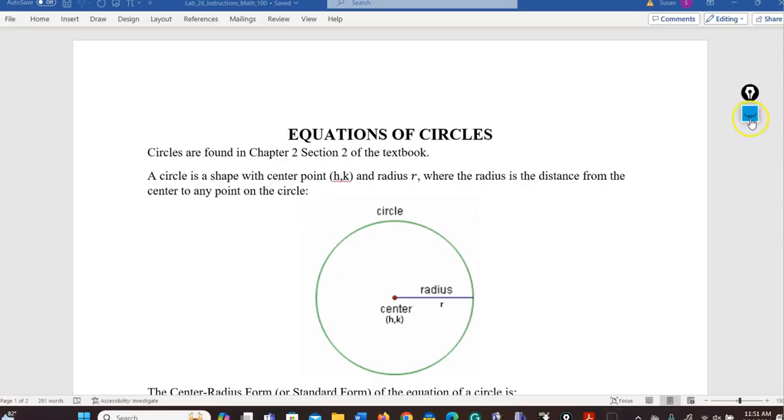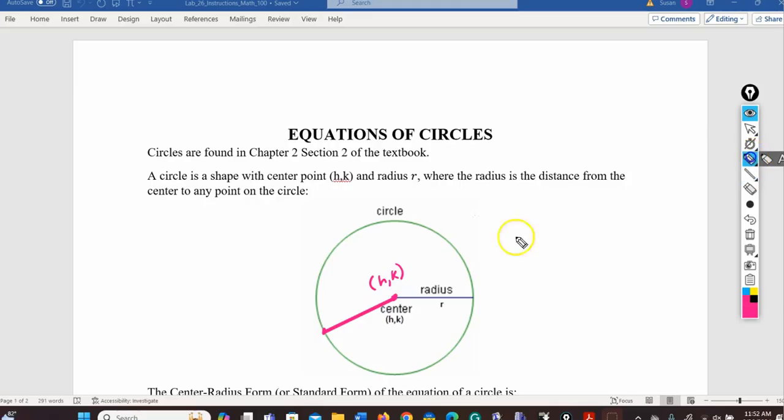It's a shape and it has a center, and the center has coordinates h comma k. And then the radius is the distance from the center to any point on the circle. So that distance there would be called r. So with that in mind,